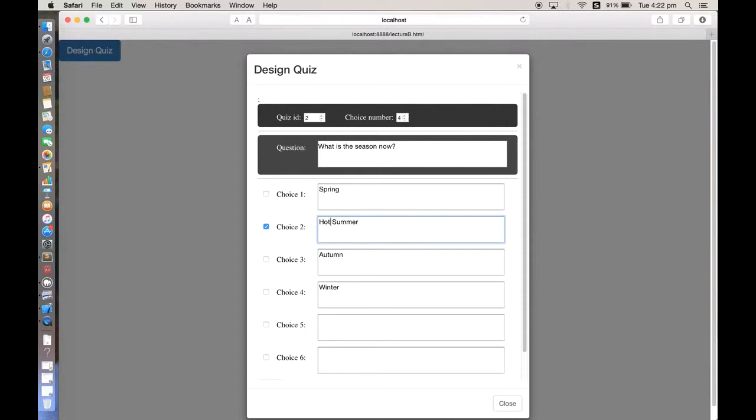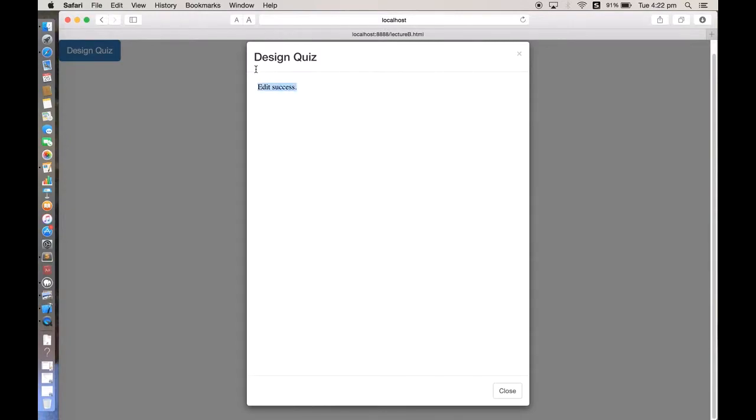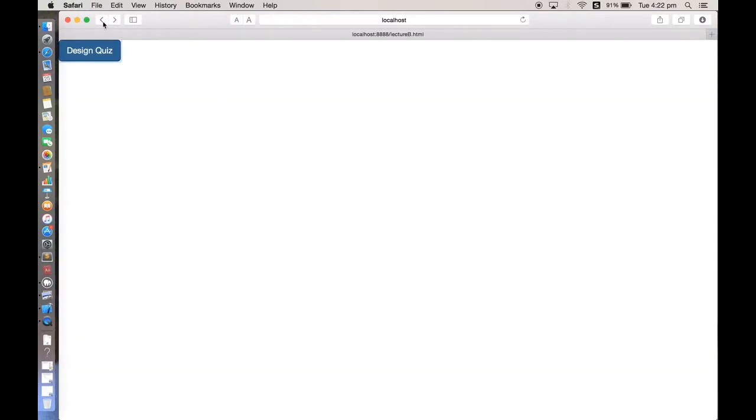maybe choice 2, summer, and give some other description like hot summer, and what is season now, and what is season next. We do some modification here and submit it. Edit success means that the data is added. We go back in and go to the